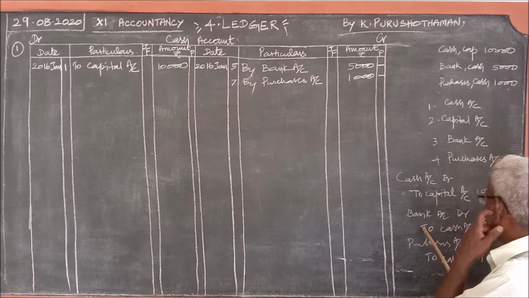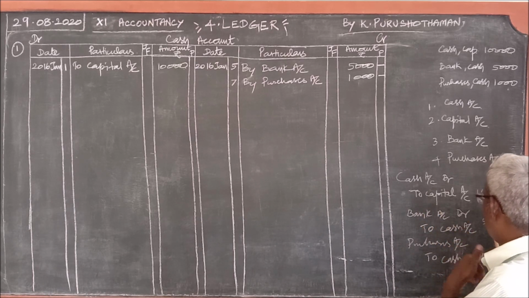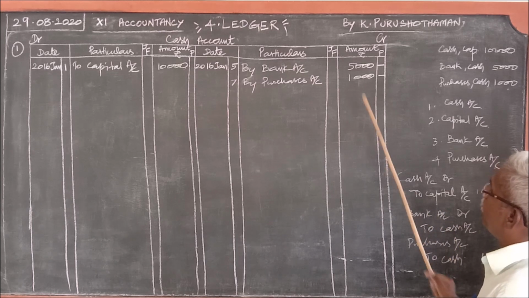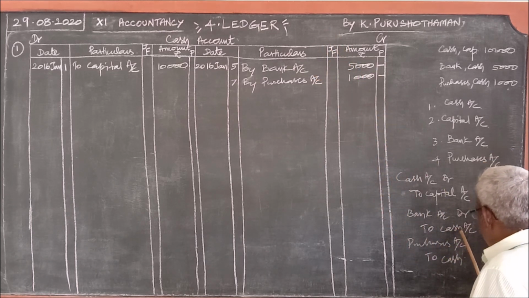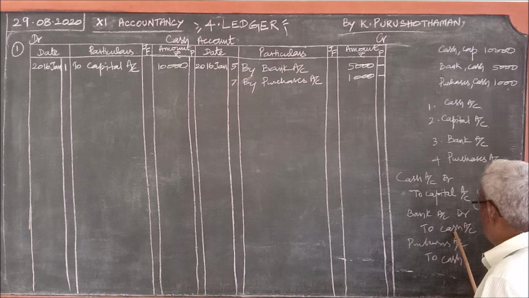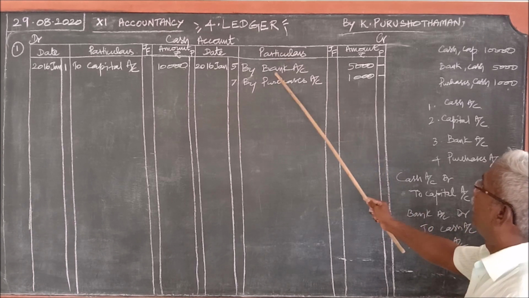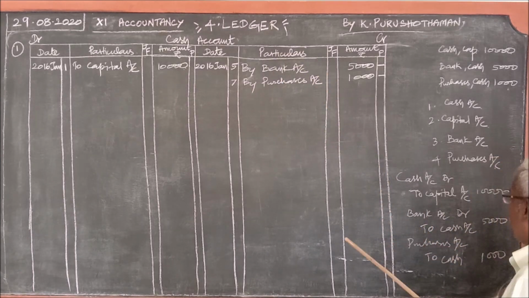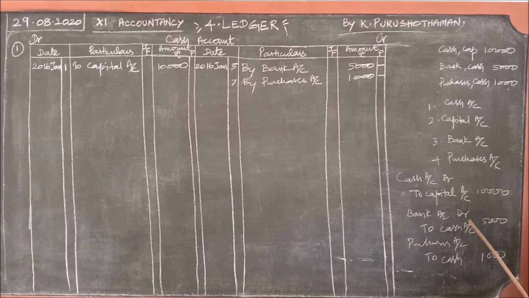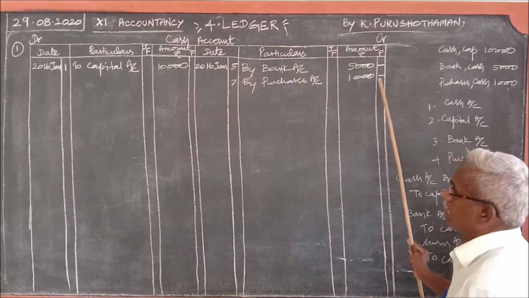In the second journal entry, the cash account appears on the credit. Therefore, the entry should be on the credit, not this cash account, but which is coming along with it, that is the bank account. We should write the bank account. Then the third one, where the cash account appears on the credit, but the cash account value is 1,000. It is appearing on the credit. Therefore, postings must be on the credit, not the cash account, but which is coming along with it, the purchases account. Therefore, you write the purchases account.